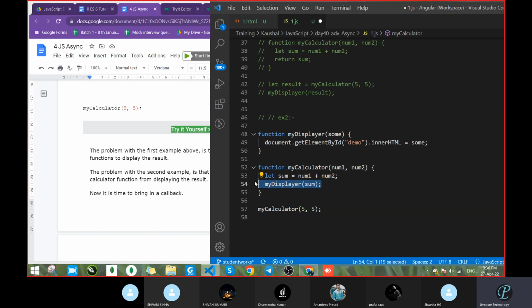You can't stop that, correct? So this becomes the problem for this method. Here you call only one time, but inside the calculator we are calling the display function, and due to the nested call, you can't stop this function from displaying the result.